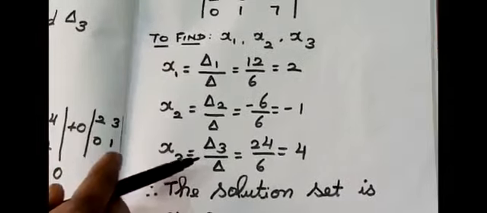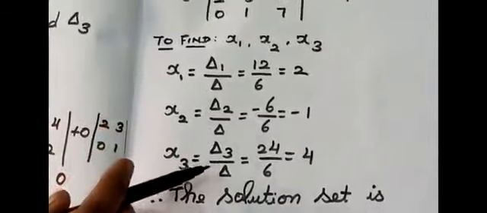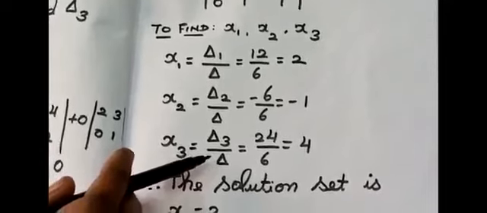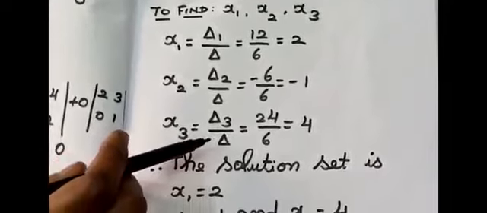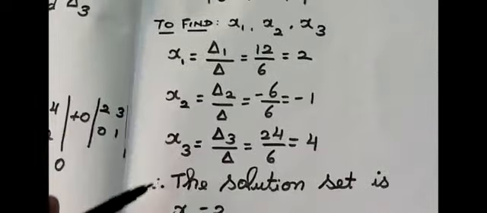And for this purpose, if you see, in all the three cases we are having delta in the denominator. If your denominator is going to be 0, you can't find the value and it is undefined. That is why they are telling you delta must not be equal to 0. Then what is your final answer I am getting here students? Therefore, the solution set is x1 equal to 2, x2 equal to minus 1 and x3 equal to 4. And this is the solution set and this is the answer we are finding for three variables using Cramer's rule.